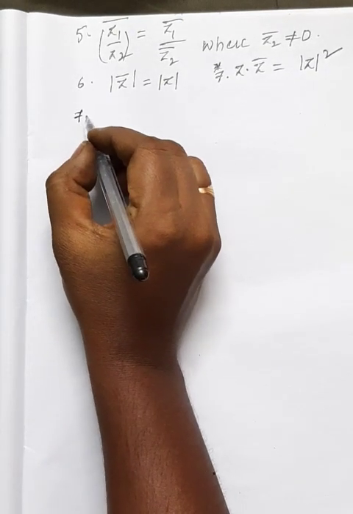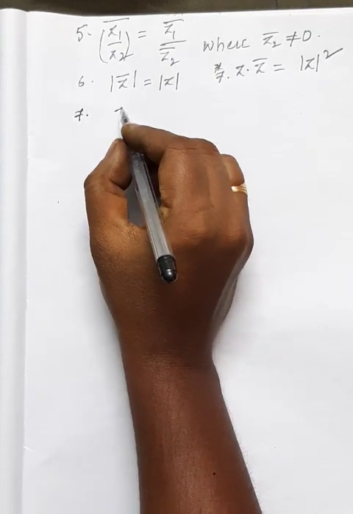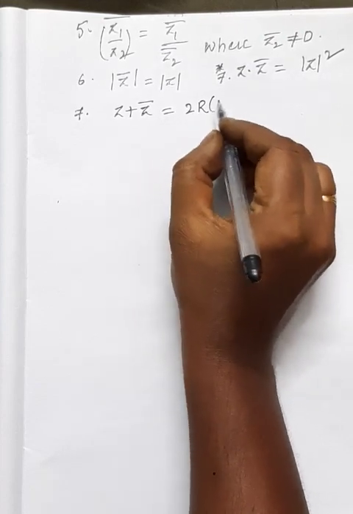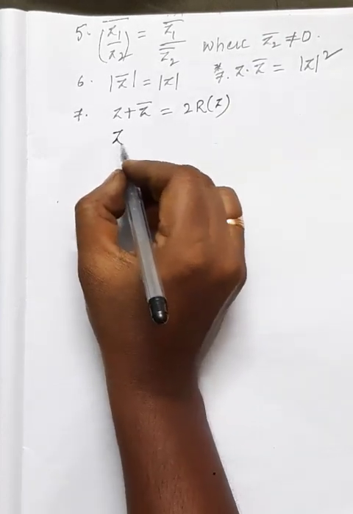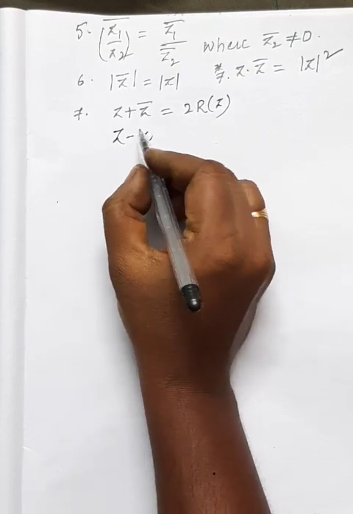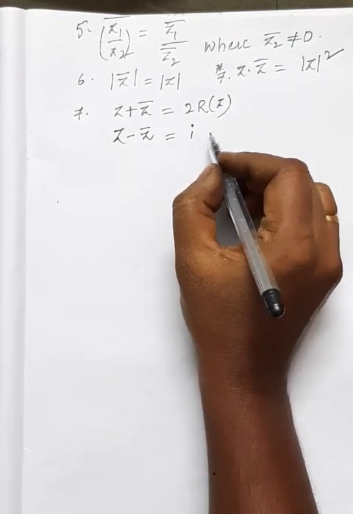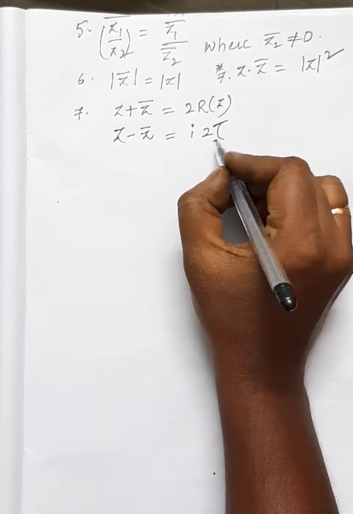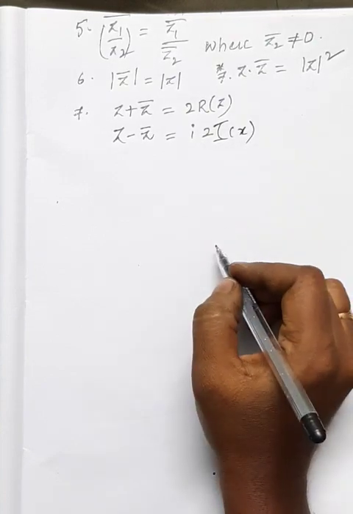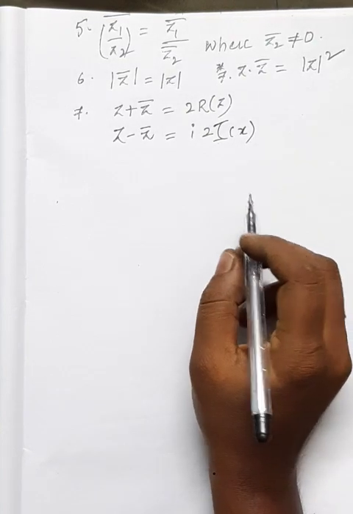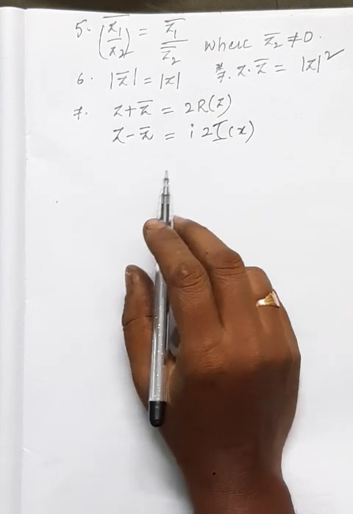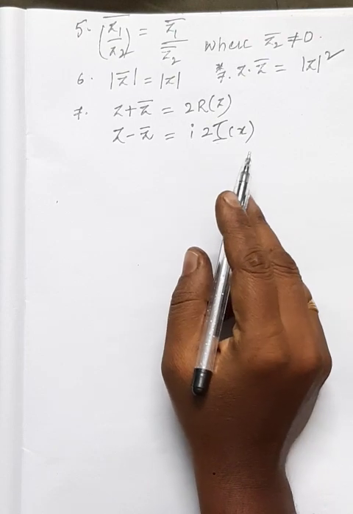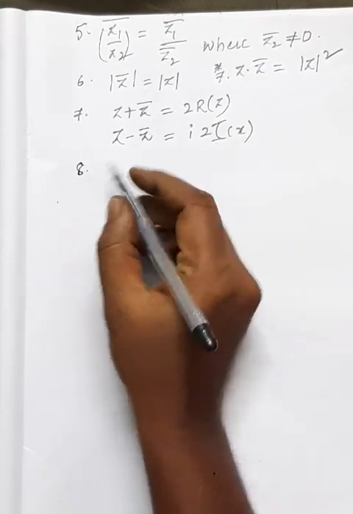Seventh one is z plus z bar is equal to 2 into real part of z, whereas z minus z bar is equal to i into 2 into imaginary part of z. Therefore z plus z bar equal to 2 into real part of z. Z minus z bar is equal to i into 2 times of imaginary part of z. Next, eighth one is